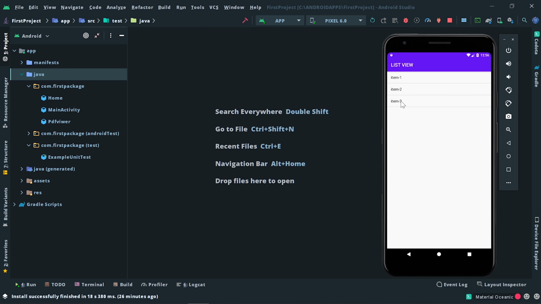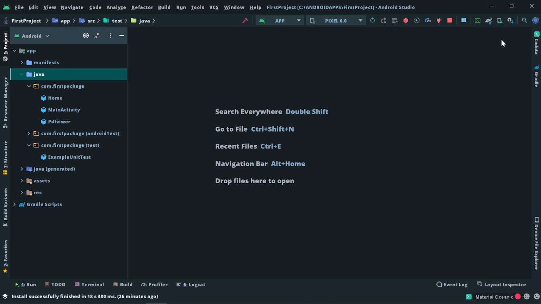This is a simple text view, and this layout is provided by stock Android. These are all the default layouts. In order to make your own layout, we need to create a custom list view, so we can discuss it in the next tutorial. In this video we're going to see the basic list view using array adapter.